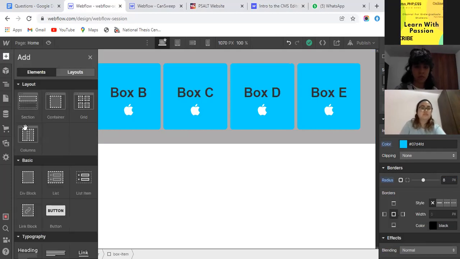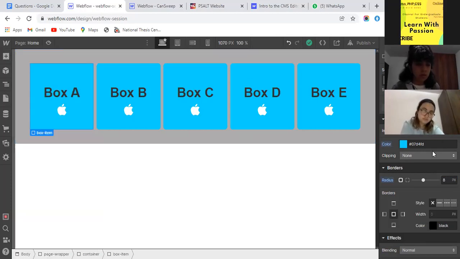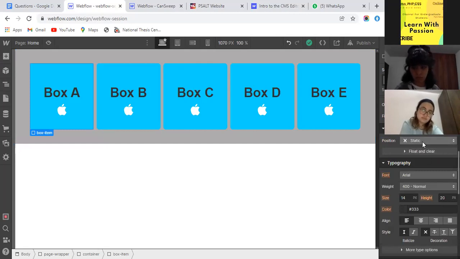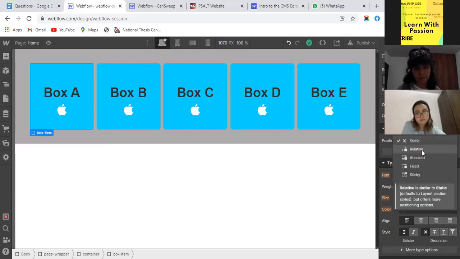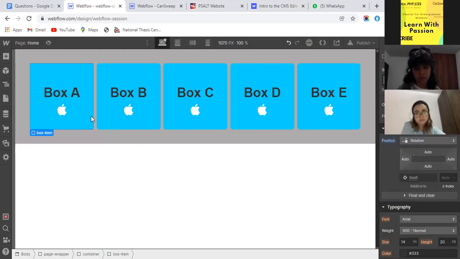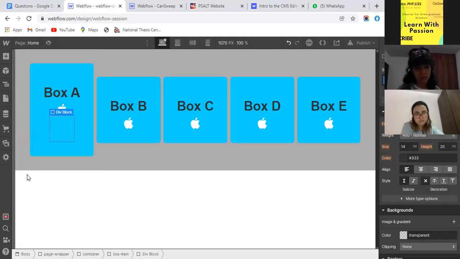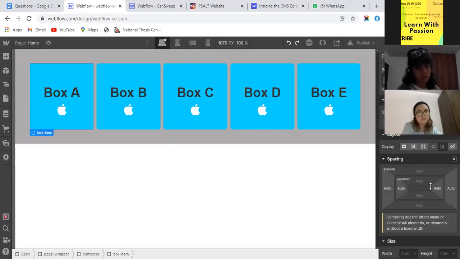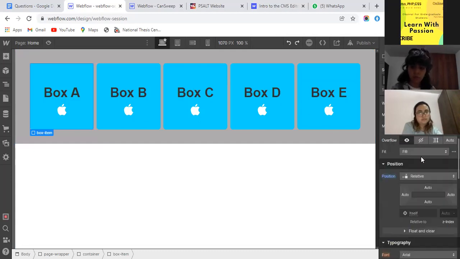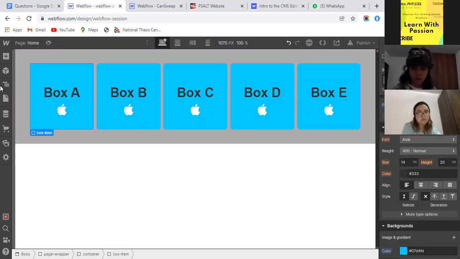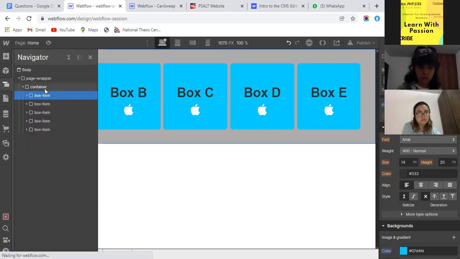The first thing is I will change the position property of this box item from static to relative. After that, I put another div block in the container.